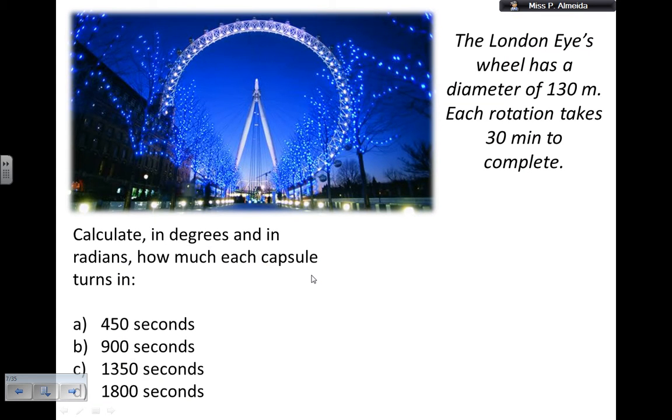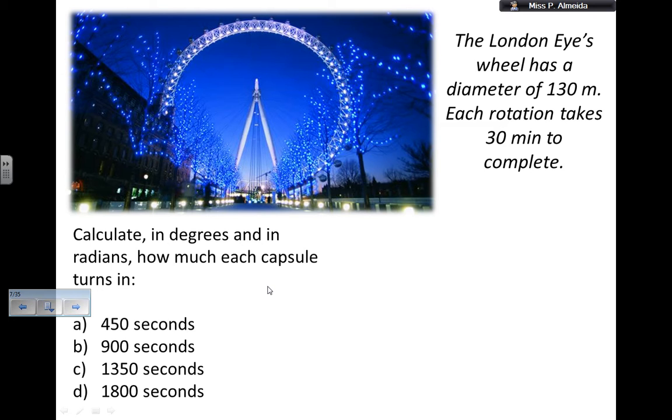Alright, so another exercise just for you to practice. Here's a picture of the London Eye, and it says it has a wheel with a diameter of 130 meters, and each rotation takes 30 minutes to complete. I remember when you would stay there for 40 minutes, but now it's going a little bit faster. Okay, so they want to know in degrees and in radians how much each capsule is going to turn in